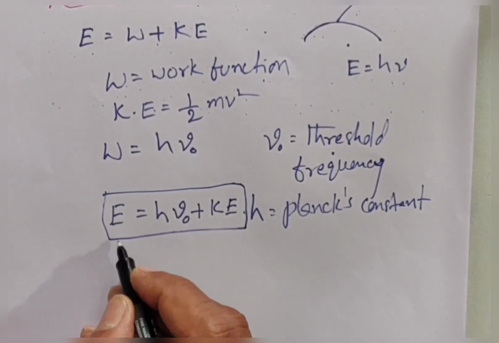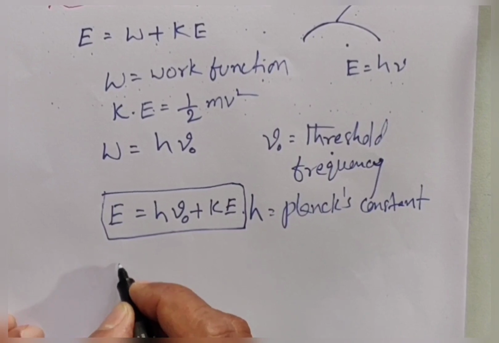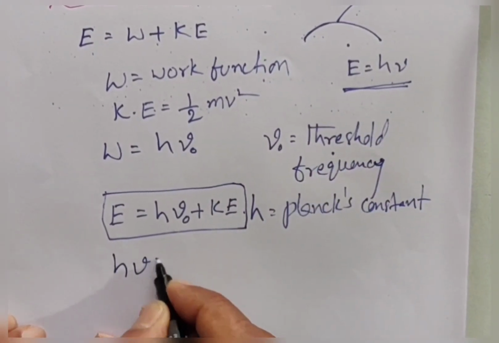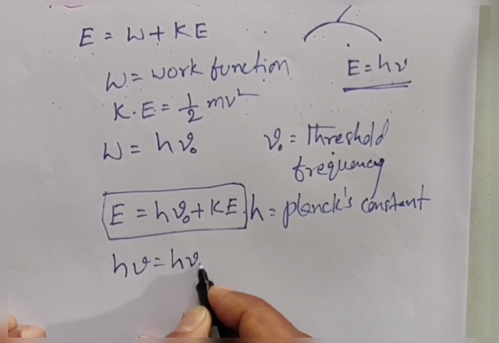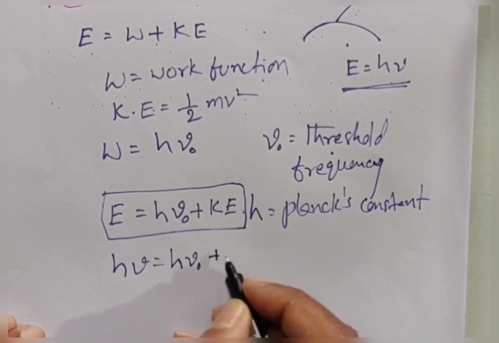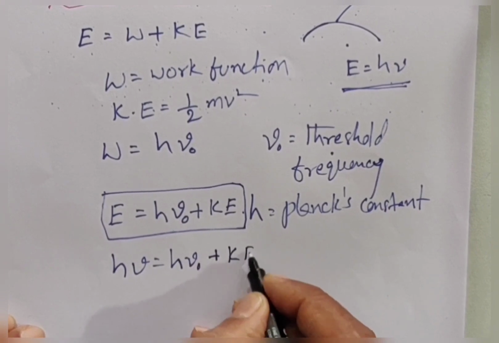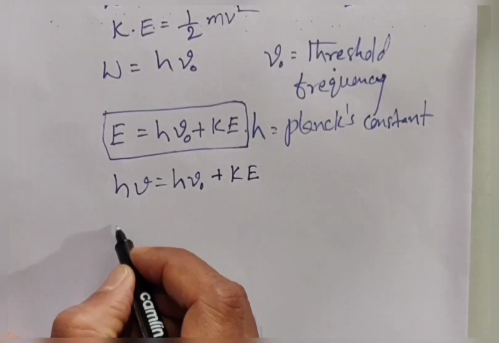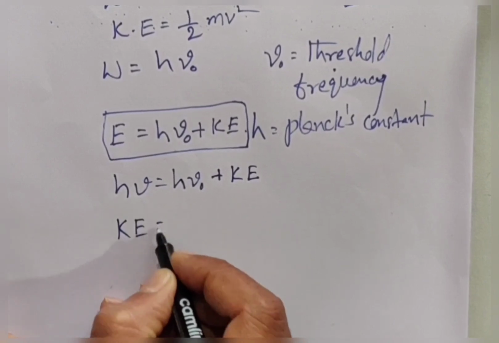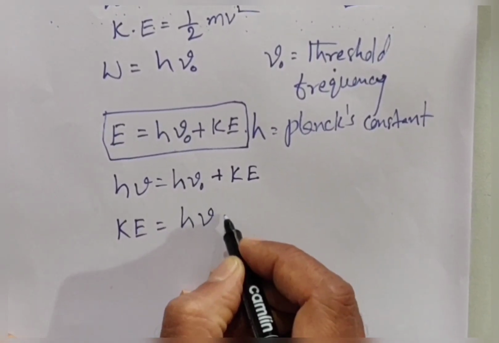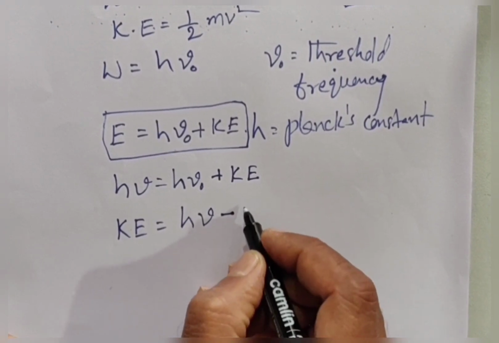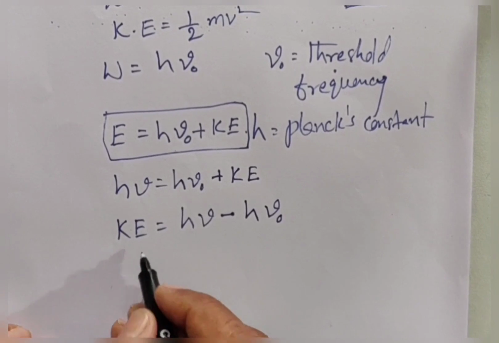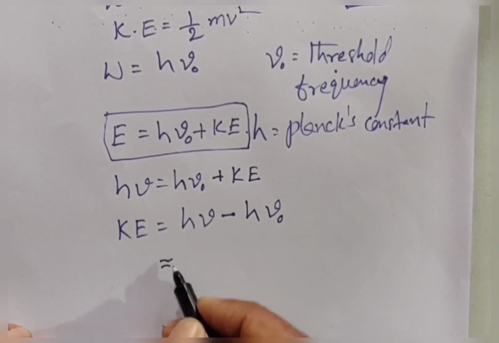Or E is equal to h nu. Now h nu is equal to h nu naught plus kinetic energy, right? Now to calculate the kinetic energy, KE is equal to h nu minus h nu naught. We use this mathematical expression also. Or in simplification, we will get